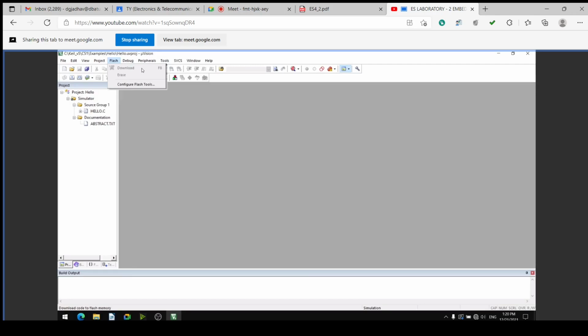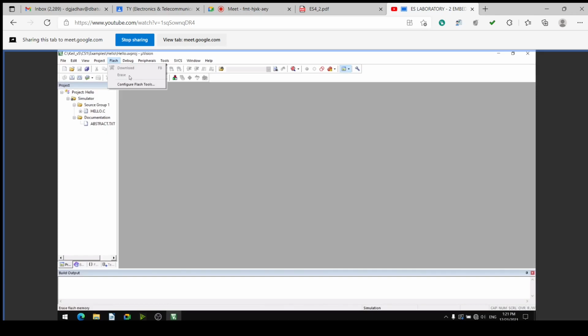Whenever you connect the programmer hardware and in that programmer we put the 8051 or 89C51 microcontroller IC, then we can download whatever project or program we have written, its executable file. After building the file, we can write that file into the 4K code memory by doing the download operation.